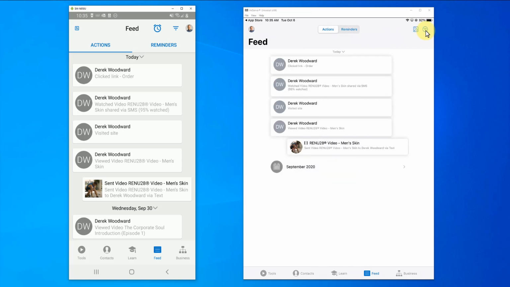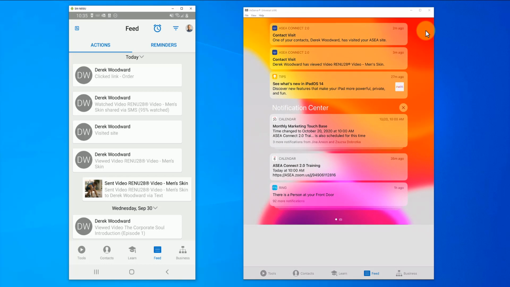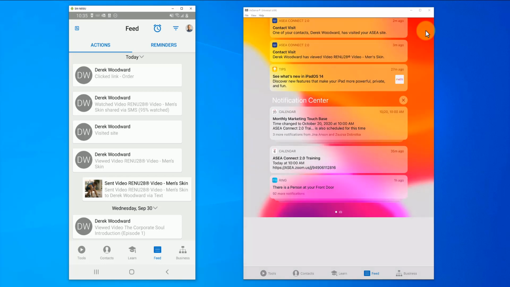What's nice about it is you can send some ASEA content to somebody on a Monday, and if they're finally getting to watch the content even on a Friday, you are going to get an alert about it via the app push notifications. And when I say push notifications, those are those little notifications that you can see there at the top of my screen there.